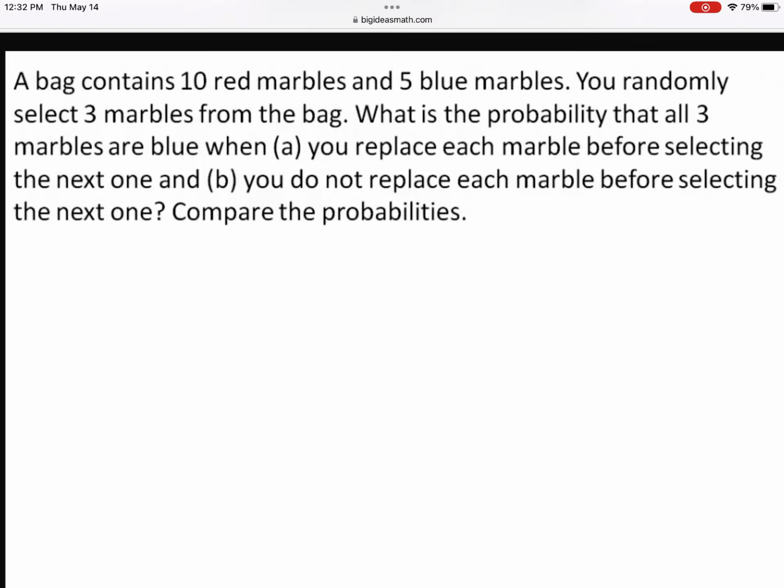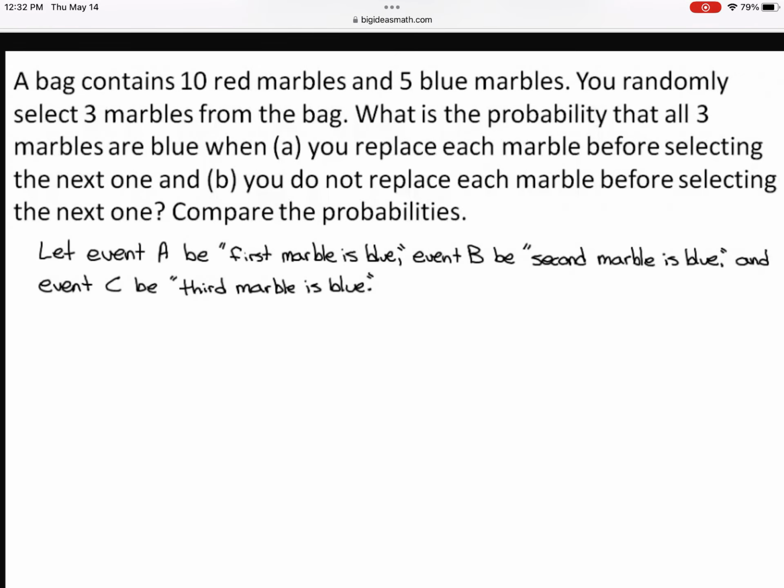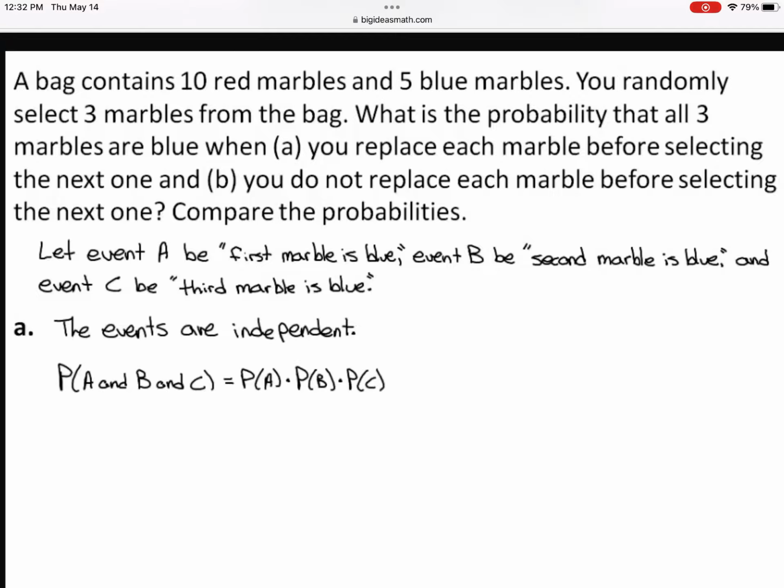Compare the probabilities. Let event A be first marble is blue, event B be second marble is blue, and event C be third marble is blue. Part A. Because you replace each marble before selecting the next one, the events are independent. So the probability of A and B and C equals the probability of A times the probability of B times